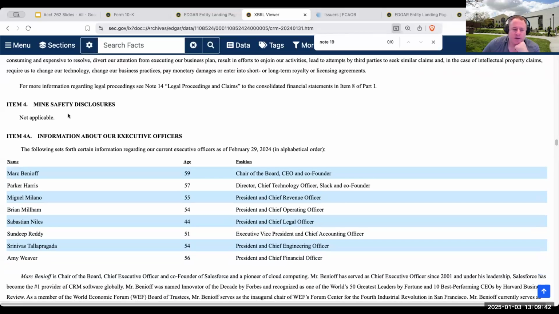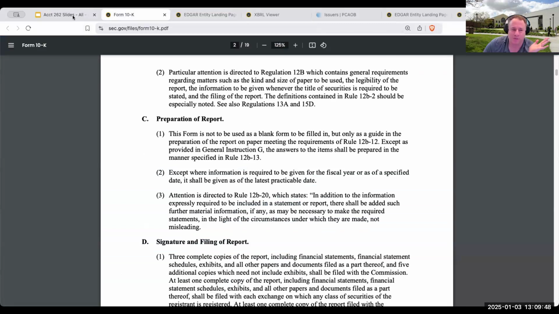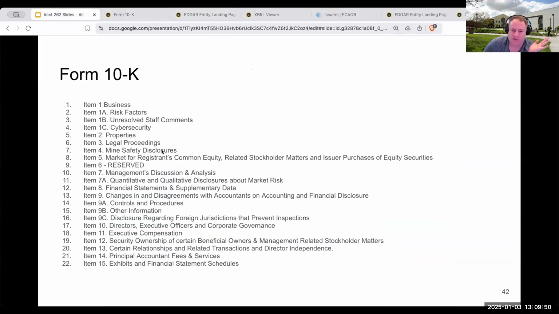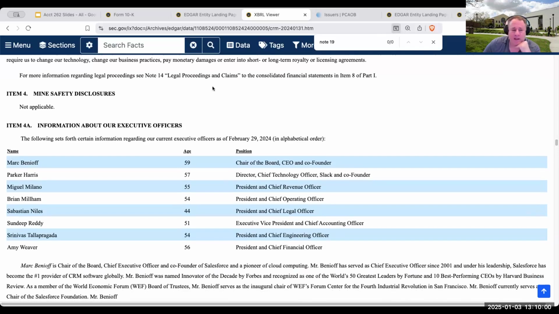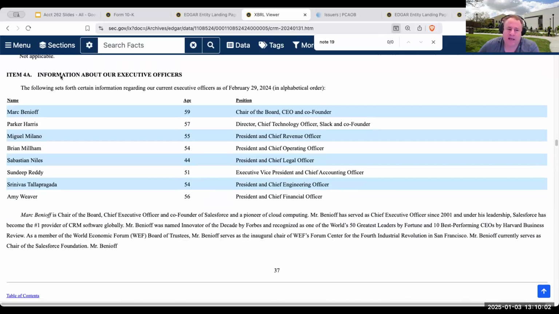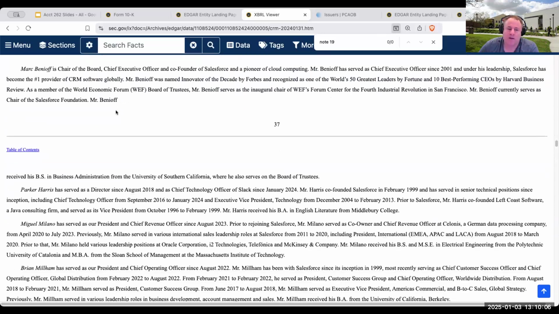So then we see item 4, mine safety disclosures, right? It's an item that's listed on the 10K form right over here. But again, it's really not going to be applicable because Salesforce does not mine different things. So coming over here, looking at the information about the executive officers of the company,